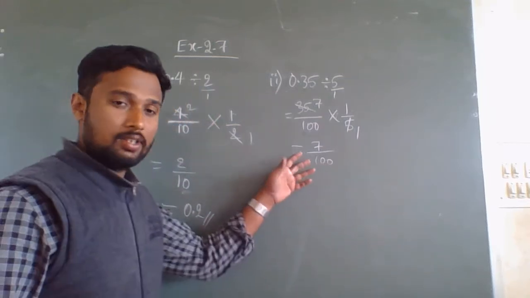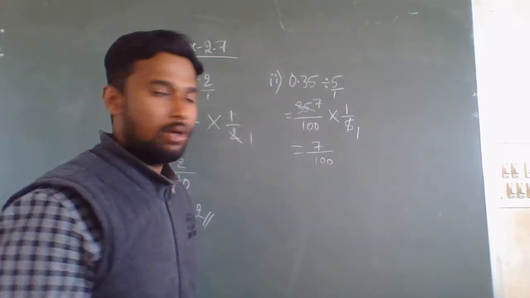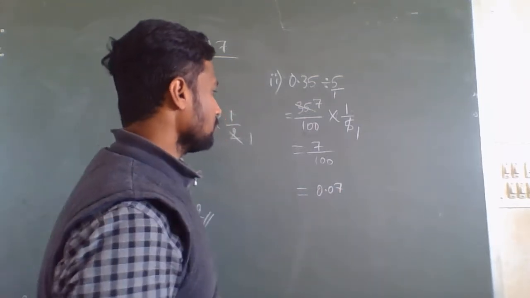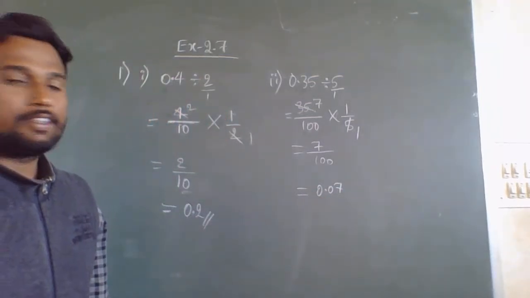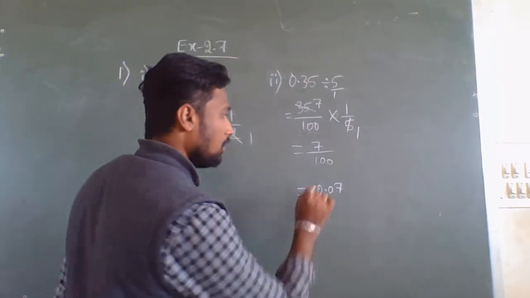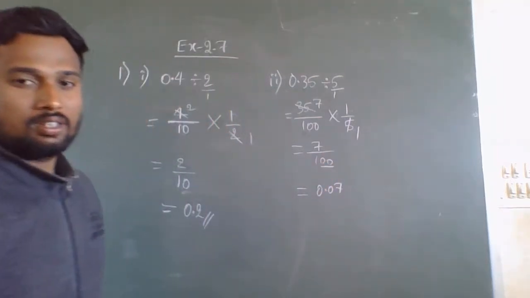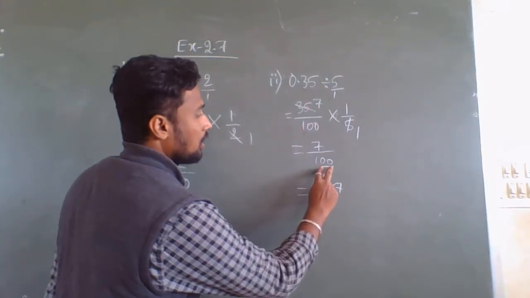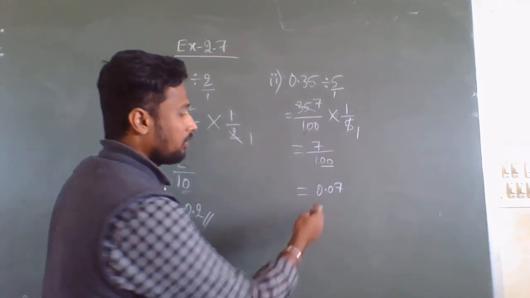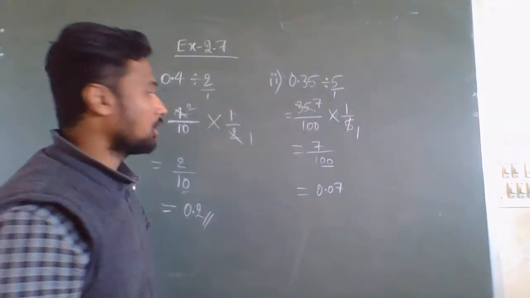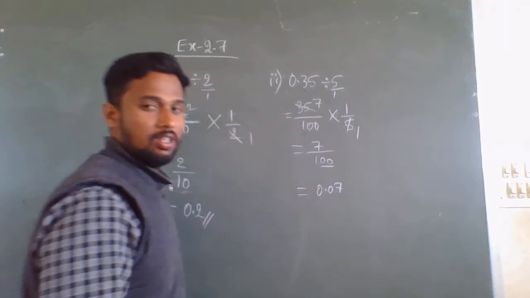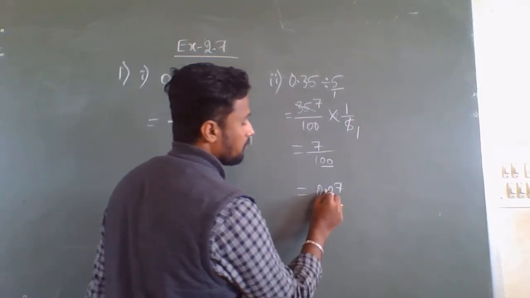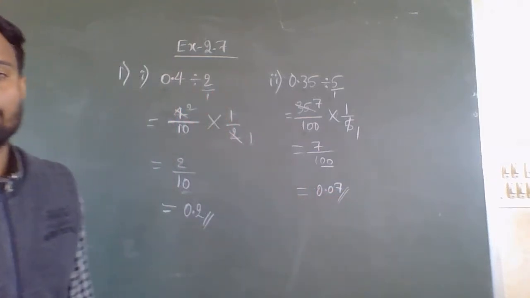So now we should convert this 7 divided by 100 to decimal number. How to convert this? You can see here, I have written here 0.07. Why? Because you can see here two zeros are there. Means after decimal point, two digits should come. Listen carefully. There are two zeros, means after decimal point, two digits should come. But here we have only 7. So here I have written 0.07. So after decimal point, two digits are there.